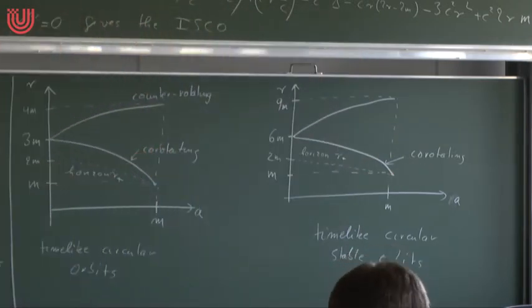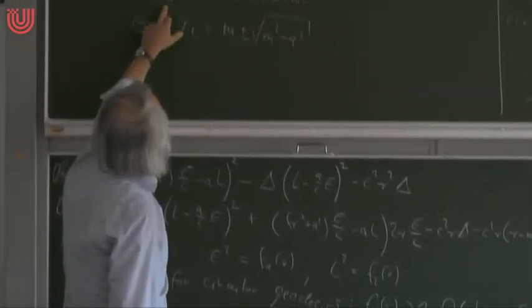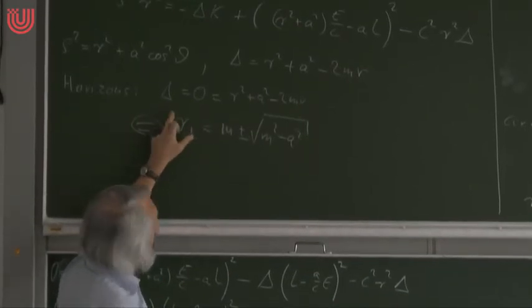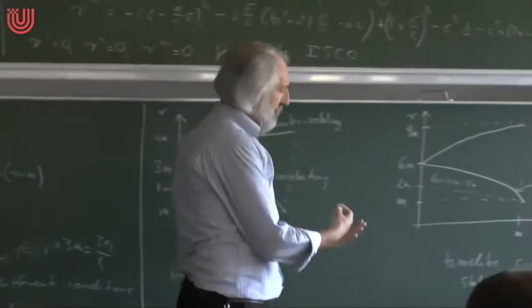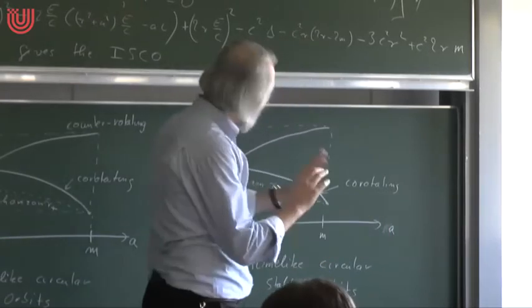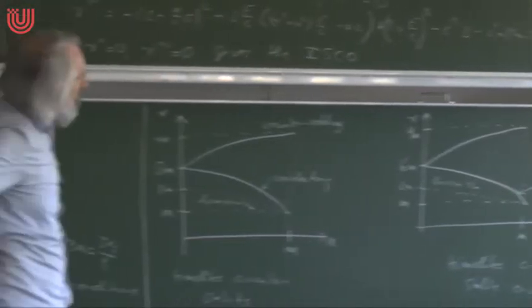They are not well defined at the horizon, right? At delta equals 0, delta is in the denominator of the metric. So at delta equals 0, the metric has a coordinate singularity, and this means that the distances in terms of the r coordinate